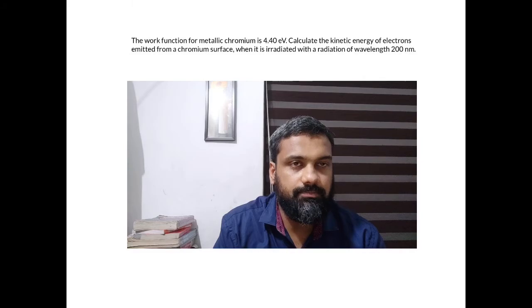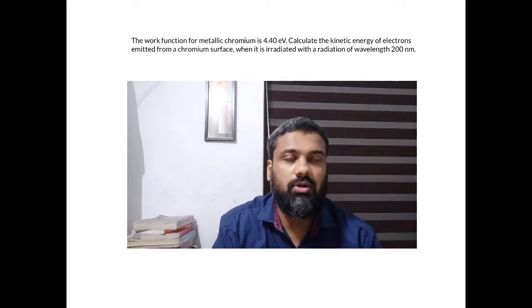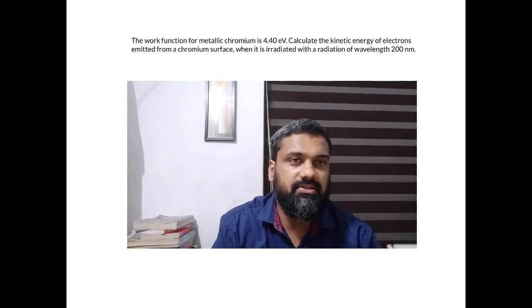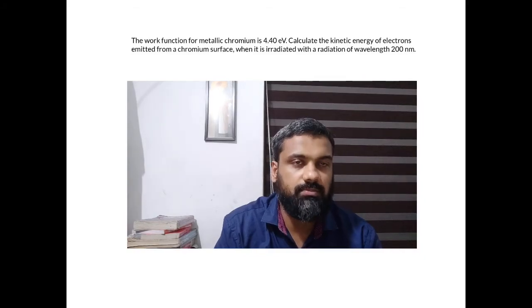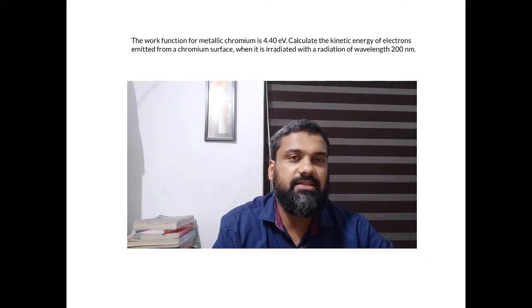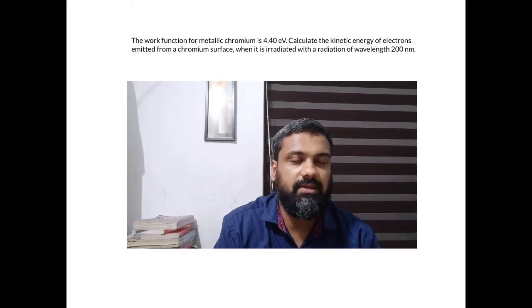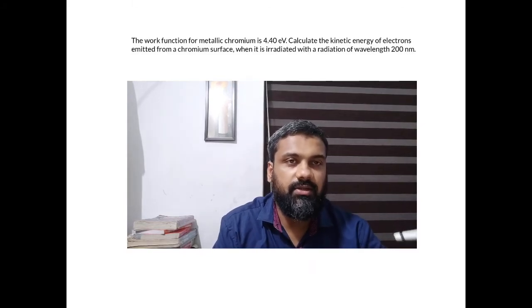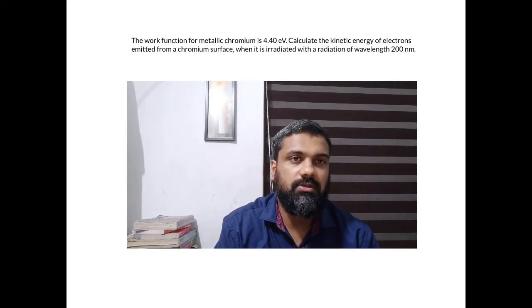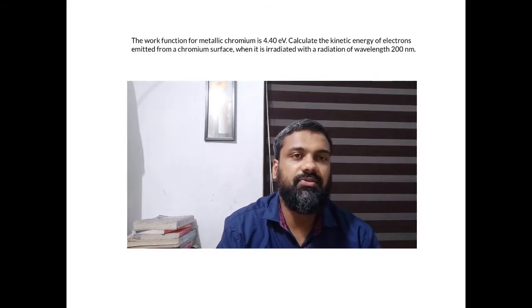from that metal. Such a phenomenon is called the photoelectric effect. We know the light radiation consists of small energy packets. We call it a photon or quanta. This photon can eject an electron from the surface of the metal. So the radiation energy will be utilized to overcome the binding energy of this electron. So such minimum energy required to eject an electron from an atom in a metallic surface is called the threshold